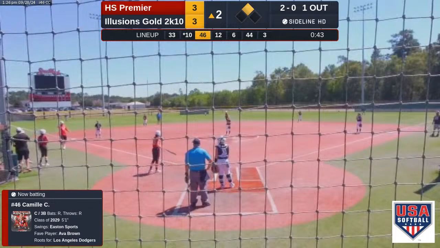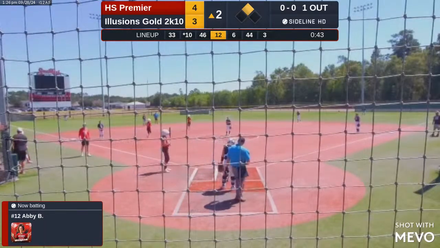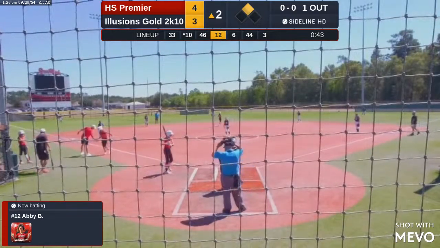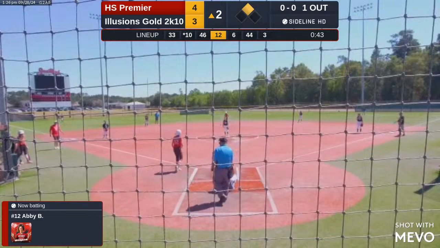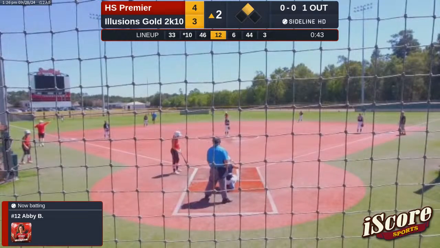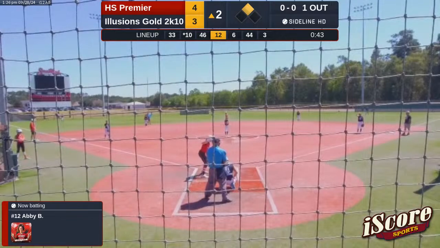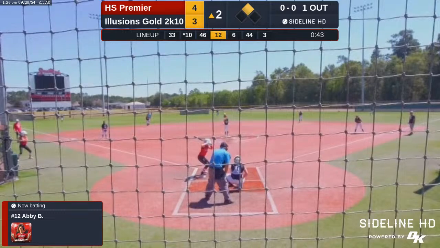So we have a courtesy runner here for Camille after she just laced her second one of the game. The first one was off the pitcher. It was hit probably the hardest hit ball of the day before that last one. And that one, the left fielder looked like she was giving it a shot, but it was over her glove and up against the fence. So that's a double, brings in the run. Hotshots lead 4-3. Abby Beceda is your batter. She walked in her last at bat.